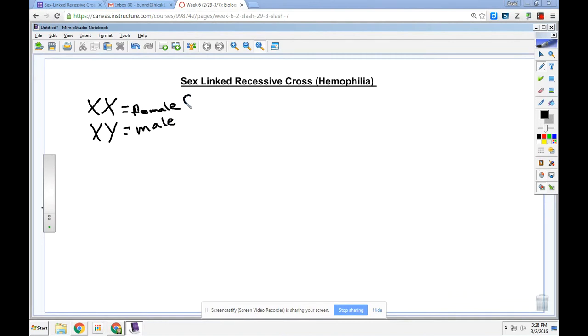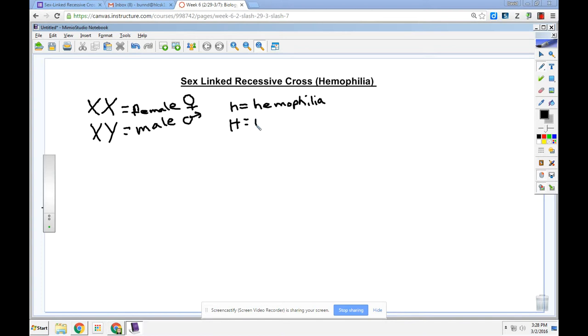And usually we use symbols like this. This would be the female symbol, and this would be the male symbol. In some cases, a certain trait is going to be carried by a gene on the X chromosome, and in this particular example, we're going to look at hemophilia. Hemophilia is a recessive disorder. In genetics, we tend to use a letter to represent that gene. In this case, I'm going to use the lowercase letter h to represent hemophilia, and the capital letter H to represent the normal gene,